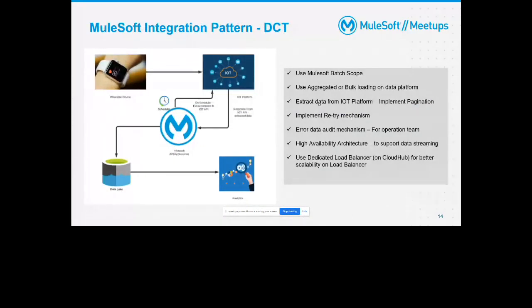So as I mentioned, this is one of the high level flows of a decentralized clinical trial, where MuleSoft we can use as a platform which will do the data streaming. So from a wearable device, from the human body, the signals or data or vitals can be sent to an IoT platform. And from the IoT platform, a MuleSoft application can take the data. And then it's through a schedule based process. It can be scheduled, so every 10 minutes, 15 minutes, or 1 hour, it will go and check the IoT platform through IoT API, grab the data and send it to a data lake or a data platform.